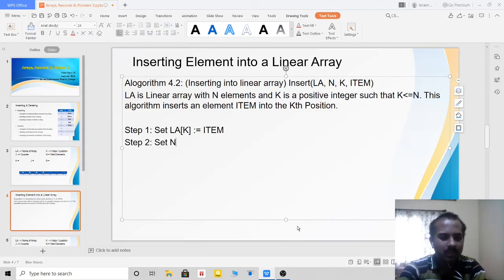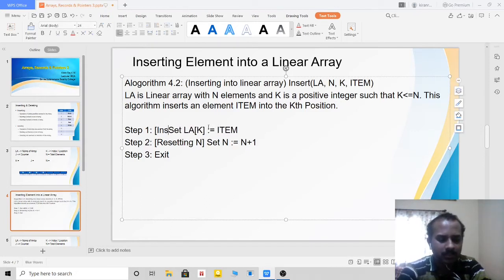Set n is equal to n plus 1. Then step 3 is exit. So I am resetting n. Okay. What about here? I am inserting the element at the kth position.